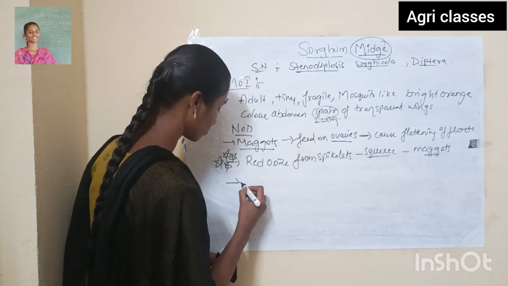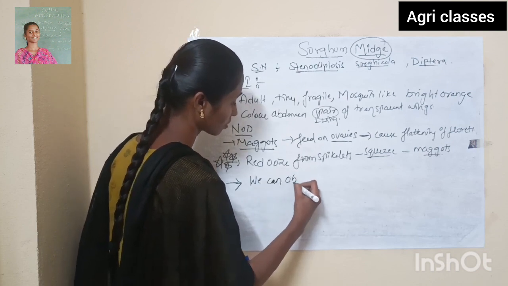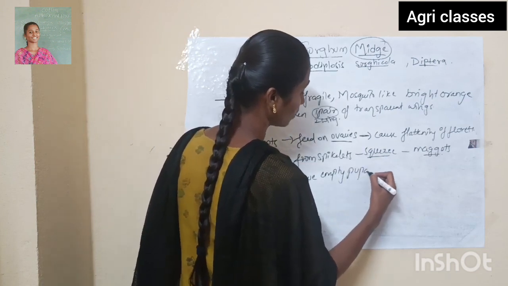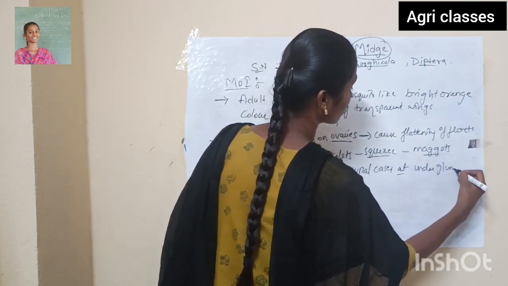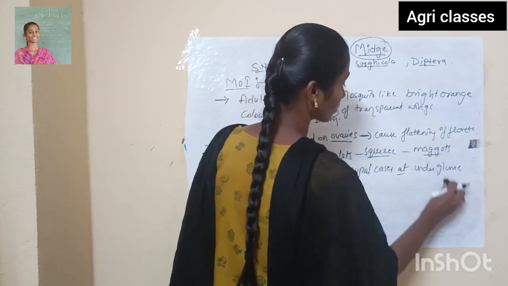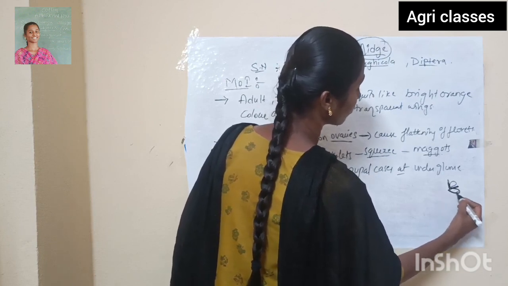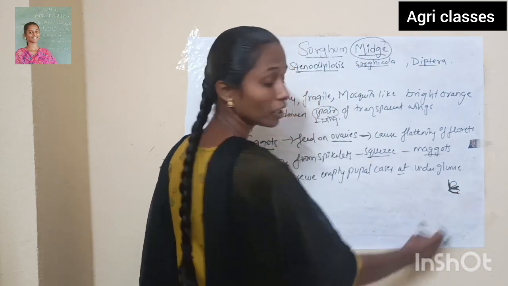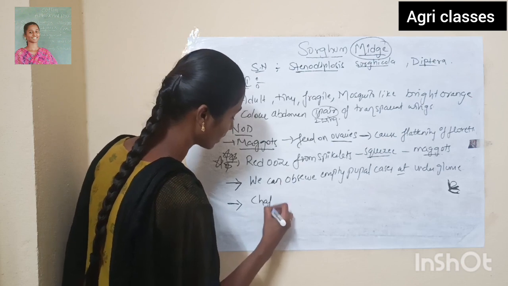And next thing, we can observe empty pupal cases under glumes. For example, here it is a sorghum seed, and here these are glumes. Here we can observe one pupa. Empty pupal cases: after emergence we can observe these empty pupal cases under glumes. And we can also observe chaffy grains